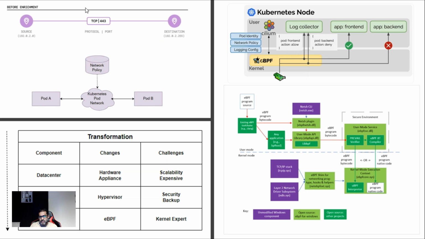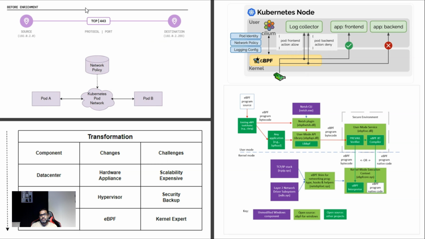The key idea for them is to make this eBPF program work on unmodified Windows components, open source eBPF for Windows, and open source other projects. So still it is in development, but it's not to the level of how it is currently for the microservices